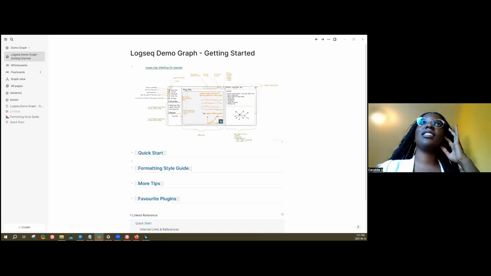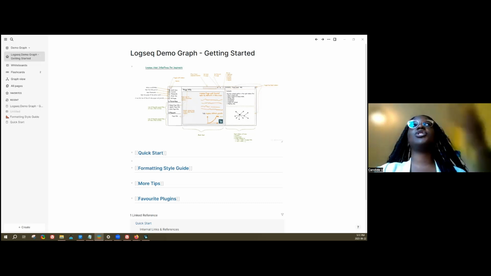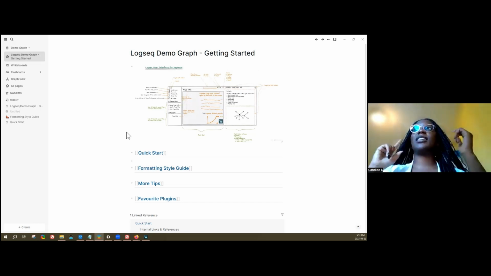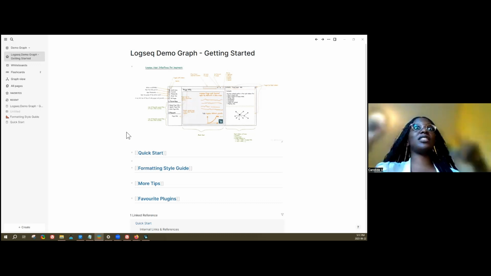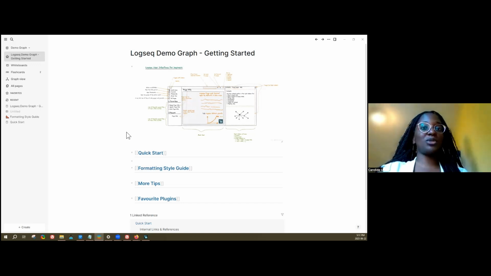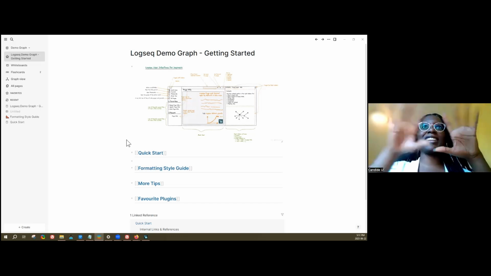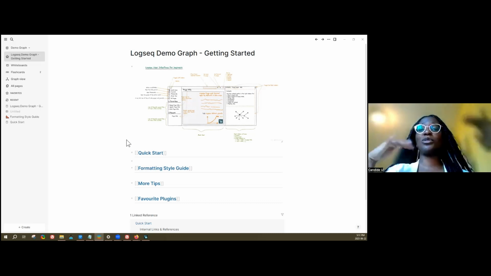So I initially found this software because I was looking for something to take notes for the writing part of my thesis, because I was having a hard time keeping track of all the ideas that I was getting and references and linking them to this thing that's in this folder on this computer. So that's initially how I used it. I think I got a bit sidetracked in the thesis writing, so my graph for my thesis writing is all over the place.